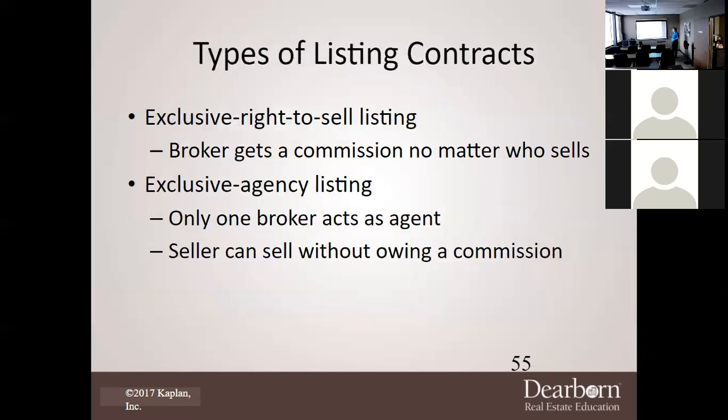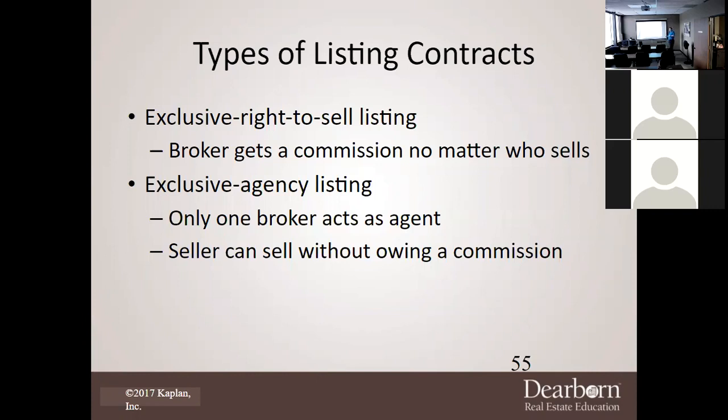Again, there are different types of listing contracts. So after Travis has come to you, Mr. Eugene, he's done his presentation, he's got his paperwork together, Travis is going to basically give, well, it depends on his broker. The broker makes the decision. But say his broker gave him full discretion, he could give you an option of what's called an exclusive right to sell or an exclusive agency.